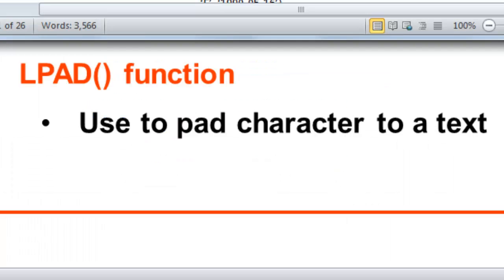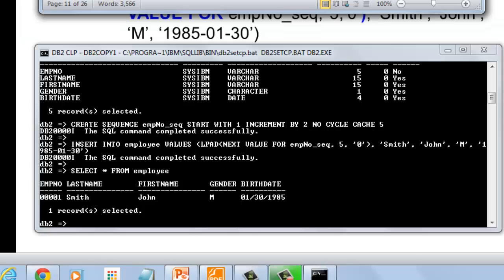We use the lpad function to pad zeros to our sequence number. 5 means the size of the column and 0 is the character that will be padded starting from the left. Next value for employee sequence contains 1 since our starting number is 1 as we defined in our sequence.